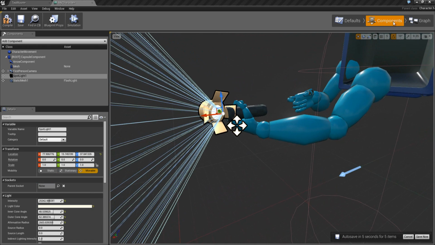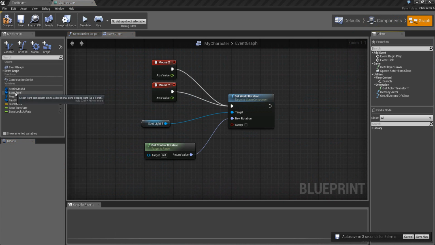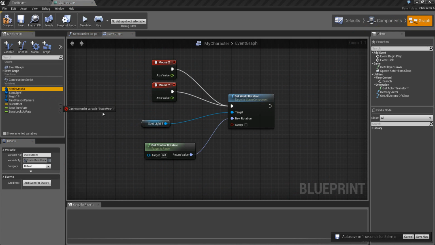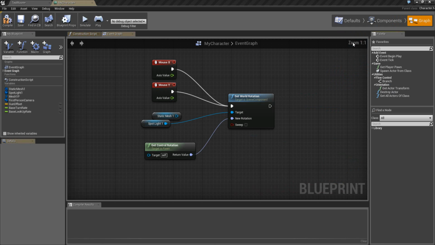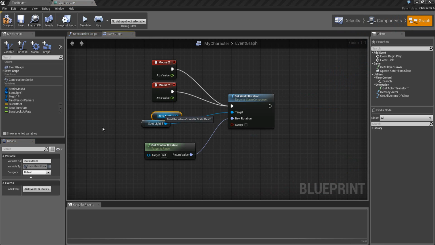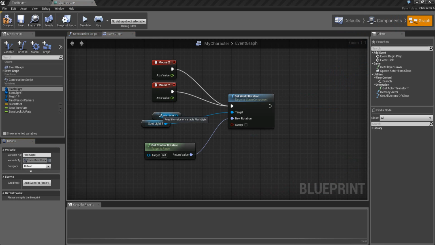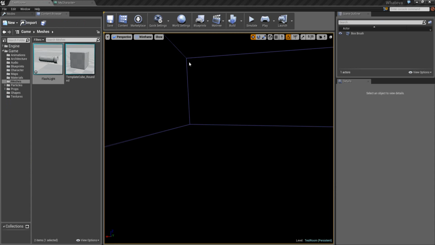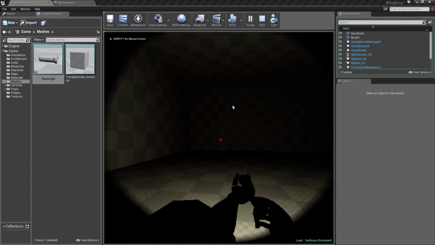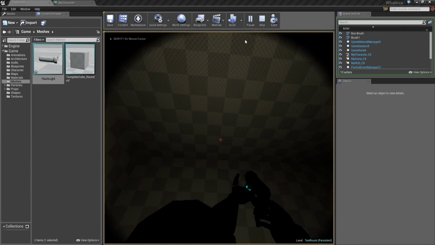Now let's go to our graph, get our static mesh. Is it called static mesh or is it called flashlight? Could have sworn I named it. It's called flashlight. Oh, cool. Flashlight. Okay, now let's put it in our target. Let's compile it, make sure everything checks out. Let's go to play,